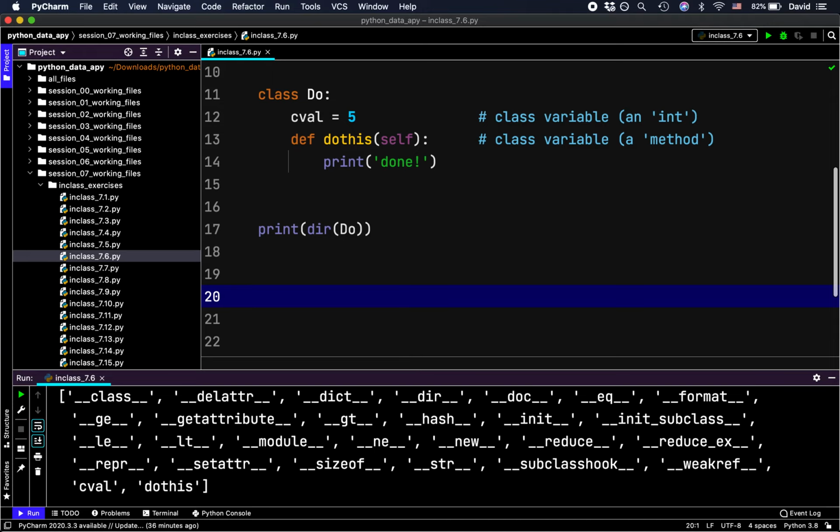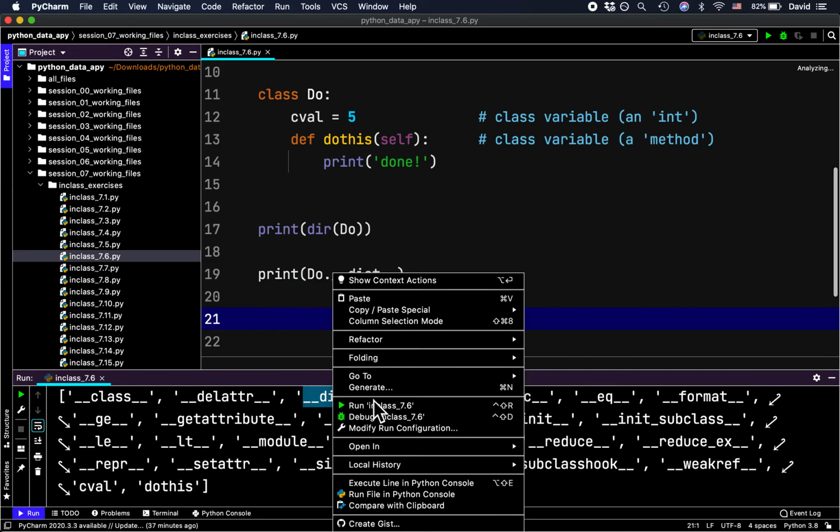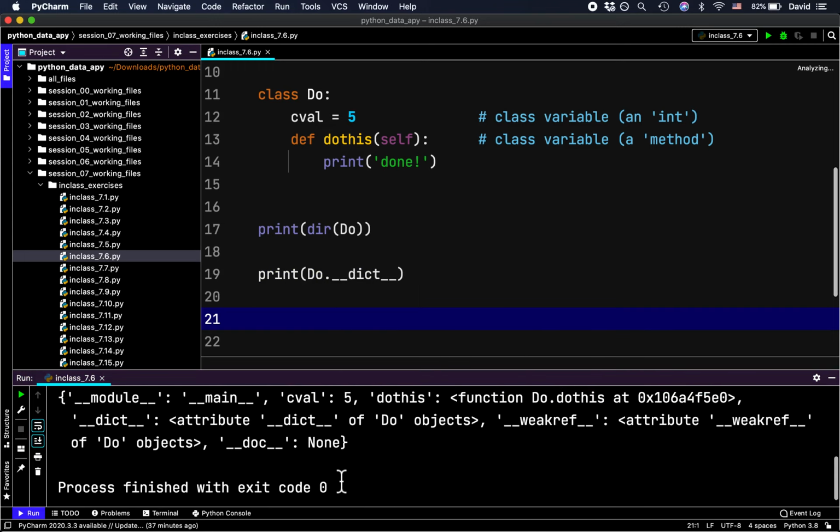Now, there is another way that we can look at the attributes of an object. Not all objects, but many objects. And that is using a special attribute of the object. So I'm going to print that as well. This is called the __dict__ attribute of an object, and we can see it up here. When we look at the __dict__ attribute, it shows us